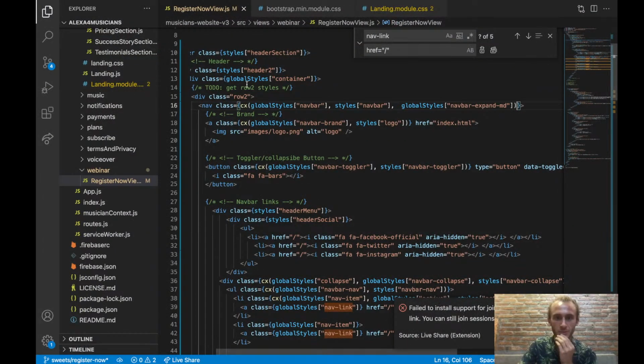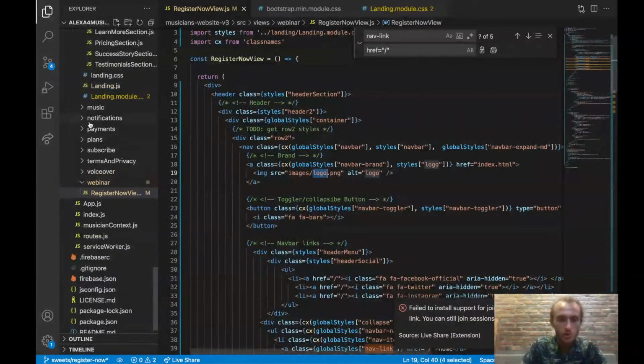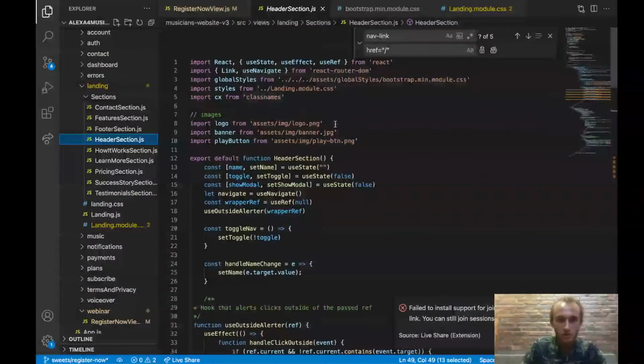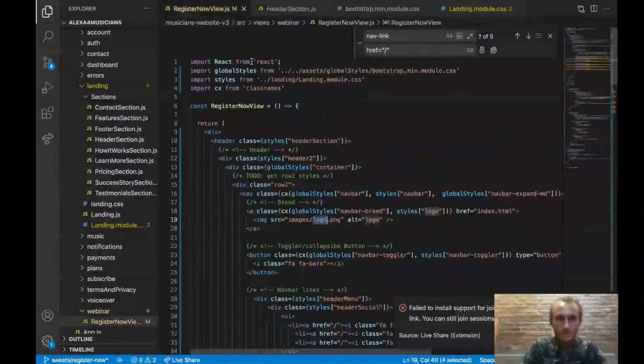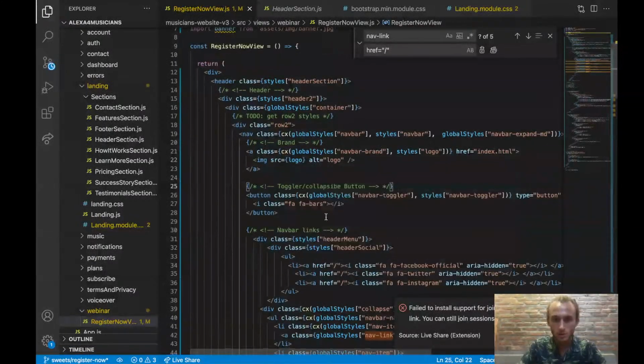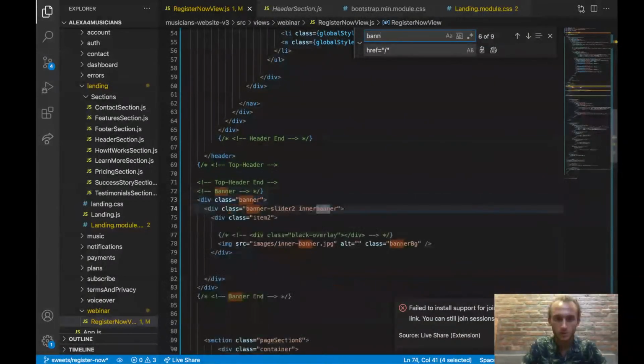Maybe we didn't import some images? We didn't import some images, so let's get the logo. How are we doing it in the header section? Logo and banner, I think we'll need both. So now for our image of our logo, we can just import logo. And then for the image of our banner,